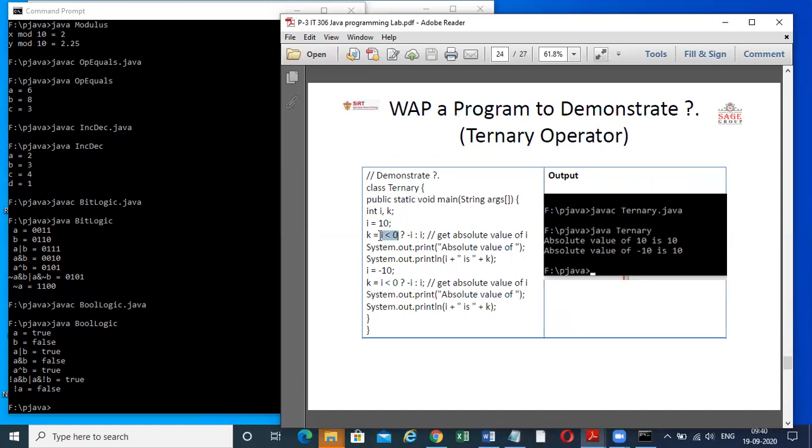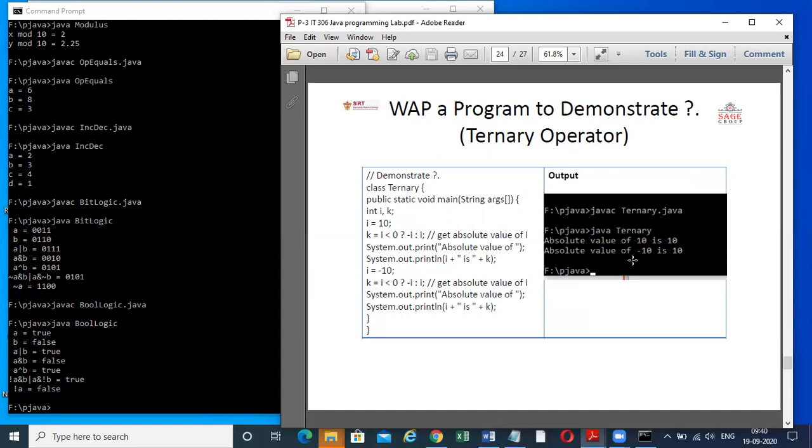If this condition is true, then minus i will be evaluated, otherwise i will be evaluated. If i contains 10, is 10 less than 0? No. 10 is not less than 0, so i will be evaluated. So what is the value of k?